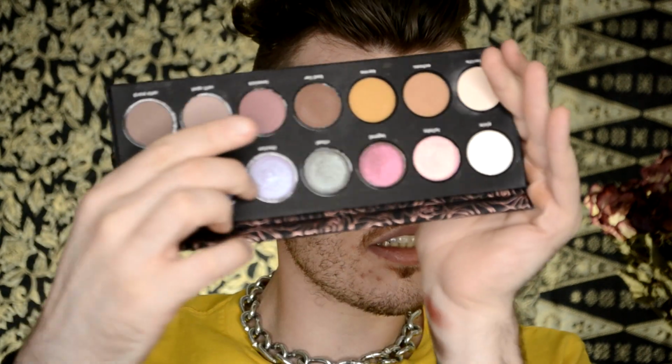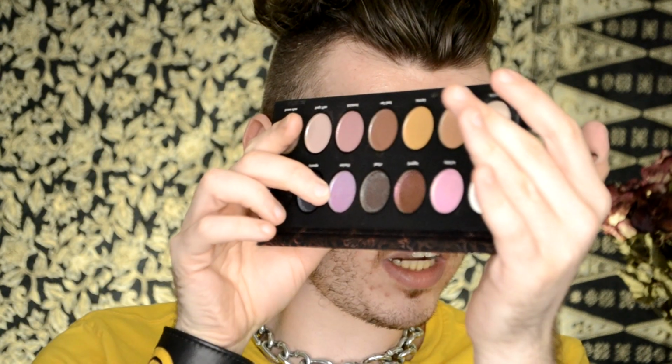That's a little better on camera. Not much, but a little bit. Alright, so, ooh, you know what? Quickly, I am going to take the color Illusion in the BH palette. Can you tell that I have a new favorite palette? It's this duochrome right here. It's like pink to deep blue purple. It's really hard to describe, but I'm going to take that on